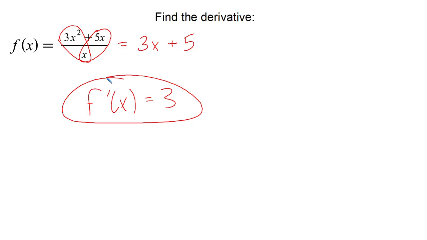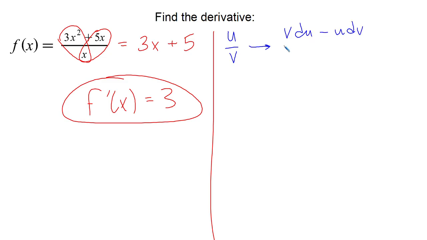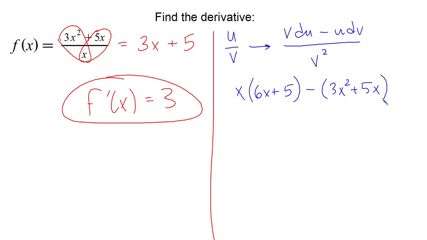And if you wanted to go through and use the quotient rule for this, you could. I don't think it's really that necessary, but if you didn't notice to do that, you can see that using the quotient rule, right, it's u over v, its derivative becomes v du minus u dv over v squared. So if we do that, we have x times the derivative of 3x squared plus 5x, which is 6x plus 5, minus u, our numerator, 3x squared plus 5x, times the derivative of x, which is just 1, all divided